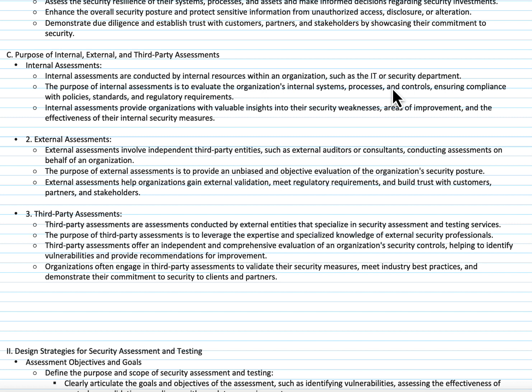Now you have internal, external, and third-party assessments. An internal assessment is basically something that is done within your organization. It could be done by your IT department, by your compliance team, or a combination of both. I've done internal assessments for many, many years, and those assessments highlight IT, but they also bring in other parties to help. I've had legal with me, I've had compliance with me, and they will look at one part while I look at another. We then come together at the end and have a plan on how we want to address the issues.